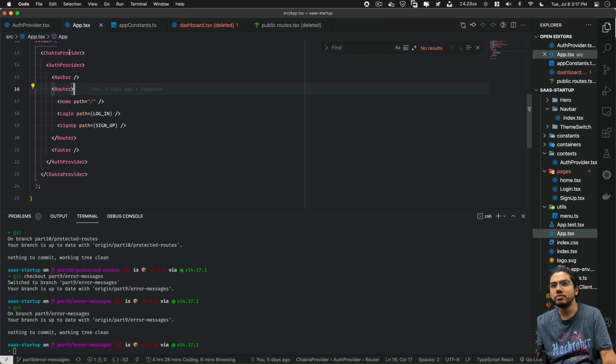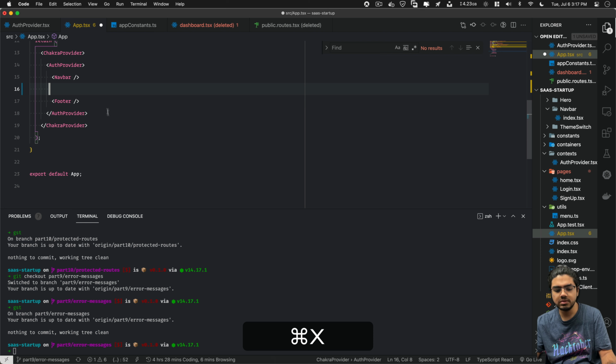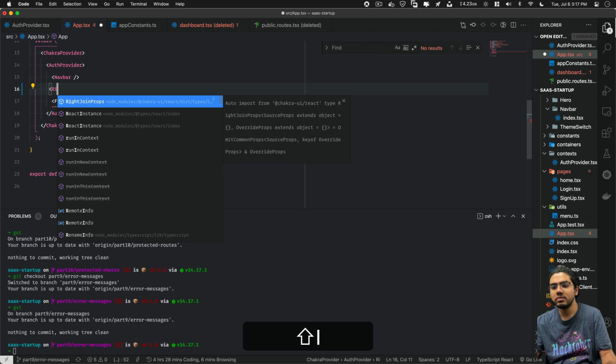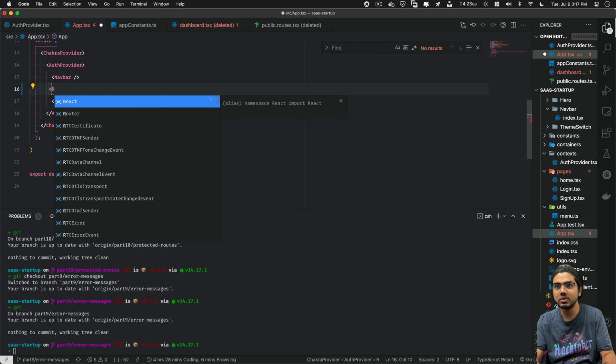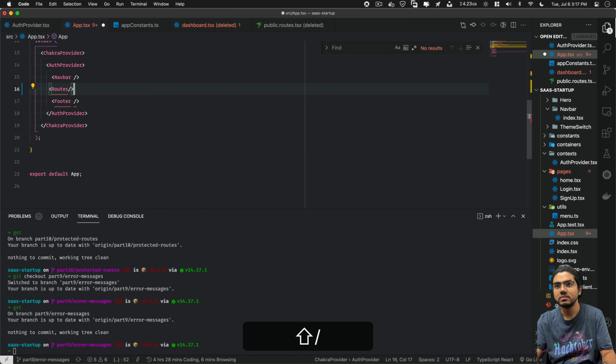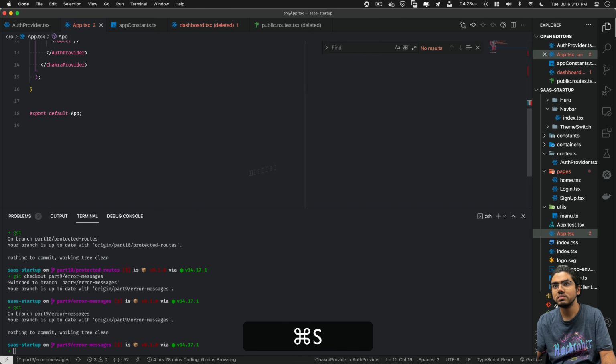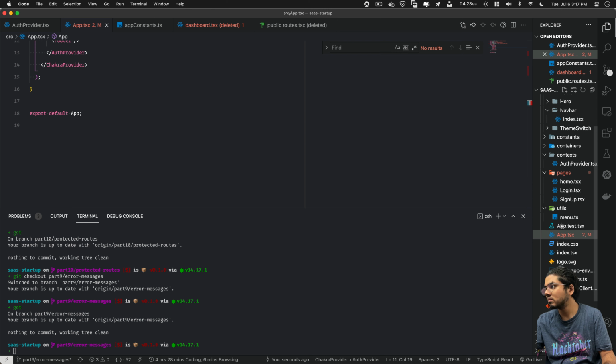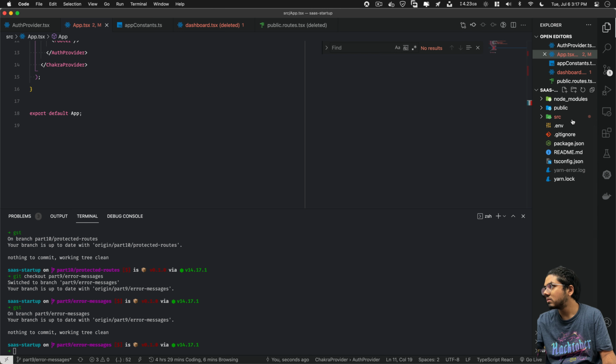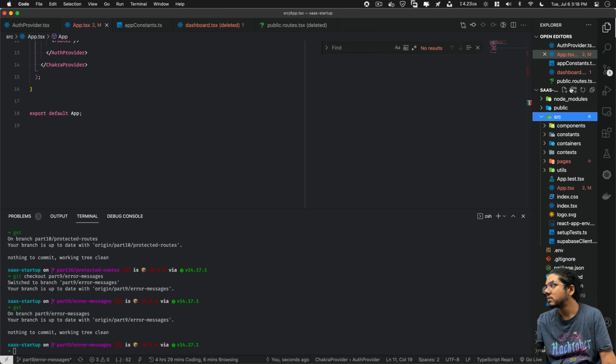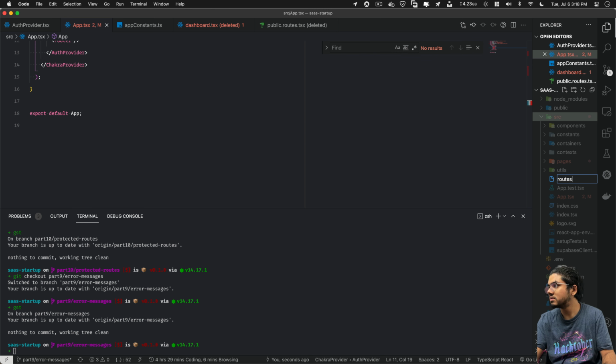So first we'll go to the app.tsx file, and we'll take these routes and create a component known as routes. Now we'll make a folder named routes.